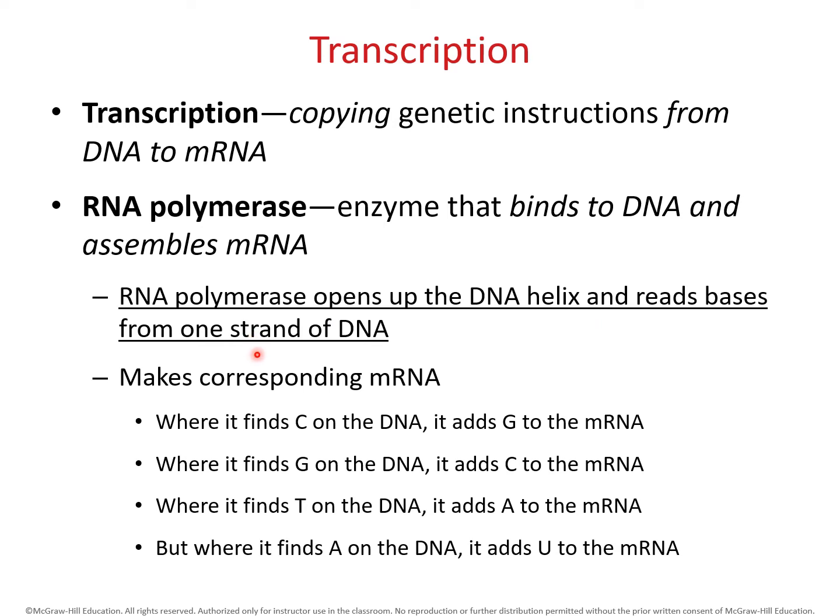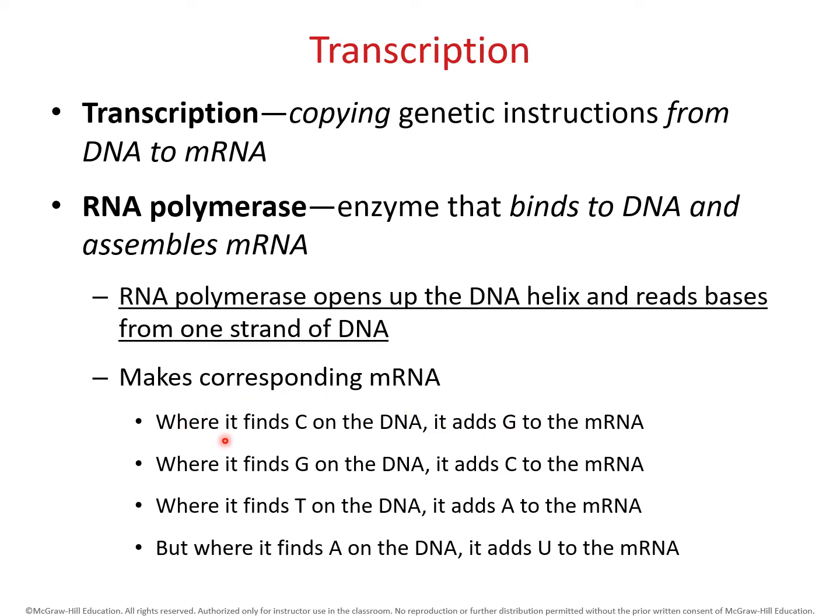So RNA polymerase is really essential in transcription. It is necessary because, first of all, RNA polymerase is going to unwind the DNA helix. It's going to open it up so that all the bases in the DNA molecule can be accessible, so that they can be read. After it helps to unwind the DNA helix, it will actually create a nitrogenous base. And this is really cool how this happens. I'm going to show you a picture.